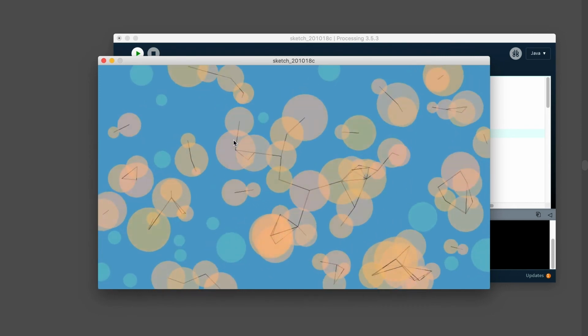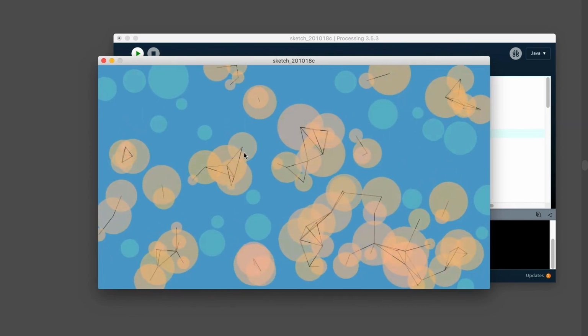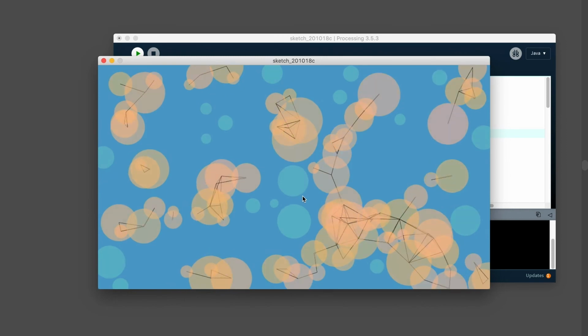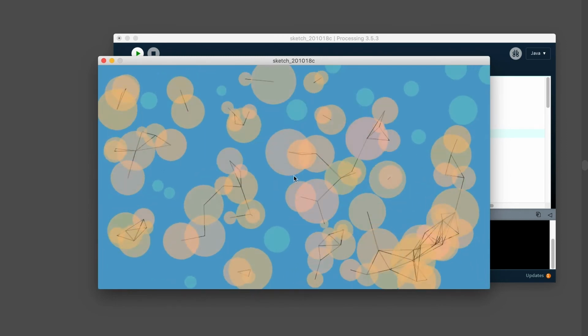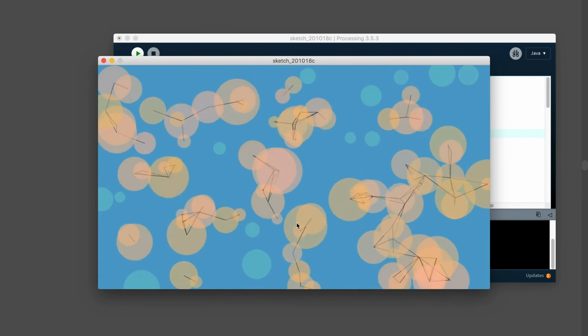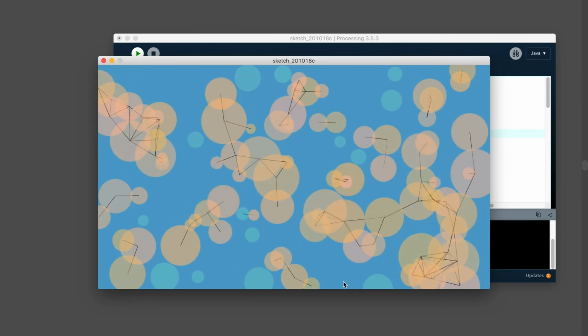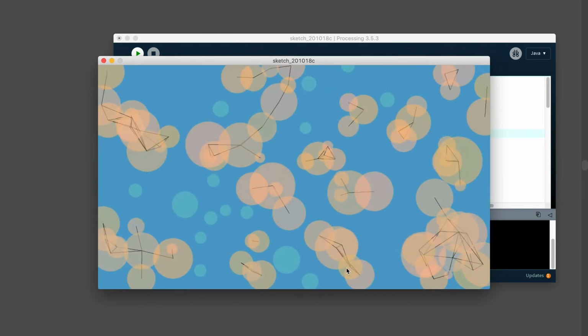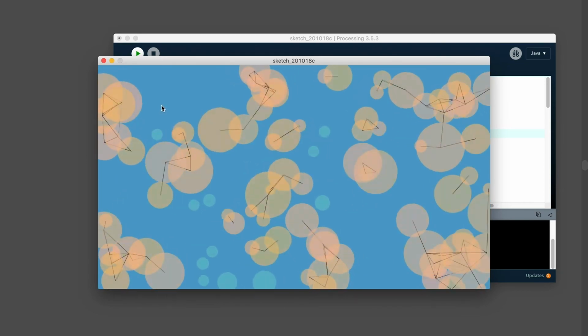And you can see the randomness on the fill of these circles. Right? There's a tiny bit of randomness, so it looks like it's flickering a little bit. And you can see, when there's multiple intersections, it will connect all those lines together. So it kind of creates an interesting network.